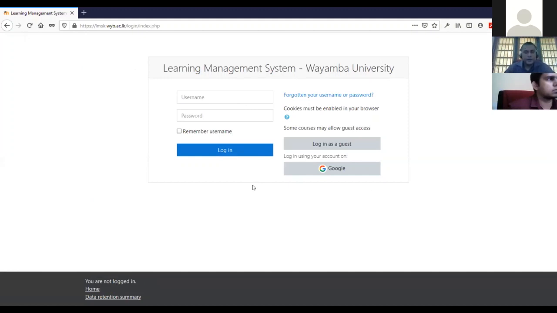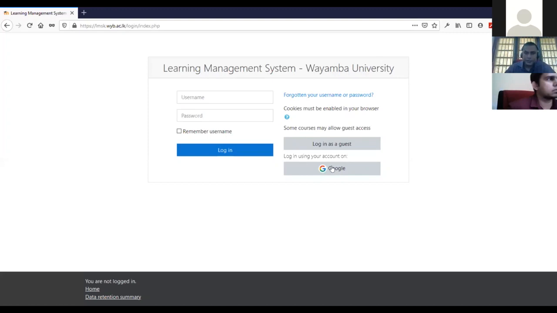Now, as you all know, we are much pressurizing you to use your institutional email because it is quite easy to control all the logins, right? Now, you are well aware of that one. So all the permanent academic staff members in Wayamba University are allowed to use your email address here in the username and password section. We are authorizing you through Google, because we are using Google services to run our emails.